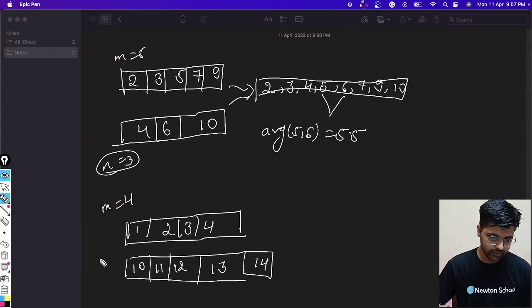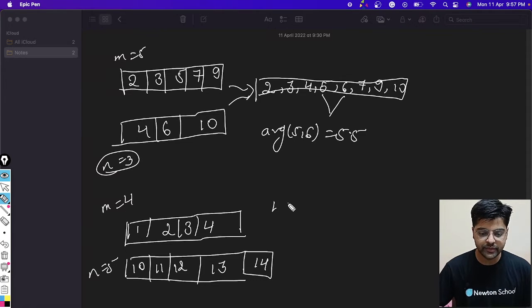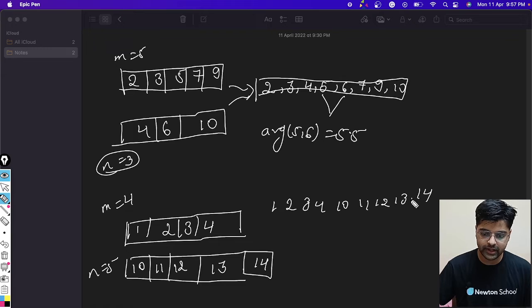So here m equals n equals 5. After merging we get 1 2 3 4 10 11 12 13 and 14. What will be the median in that case? The median will be 10, as it is the middlemost element.